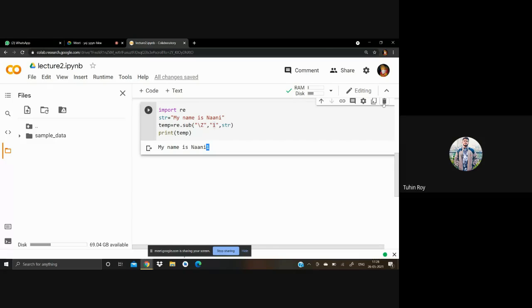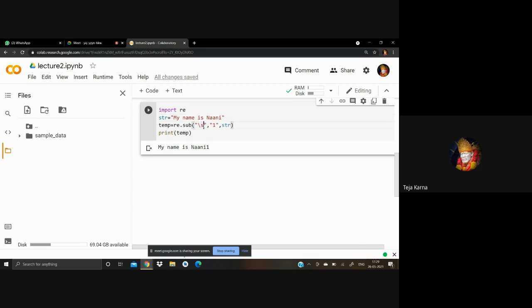Any issues in this regex module? Sir, here re.sub, what is the meaning of sub? That is substitute. Sub is something that is going to replace some values. Whatever values you give, it is going to replace them with a string. Here, as I told you, S is related to white space. After my, we had white space, so it is going to replace all those white spaces with one.